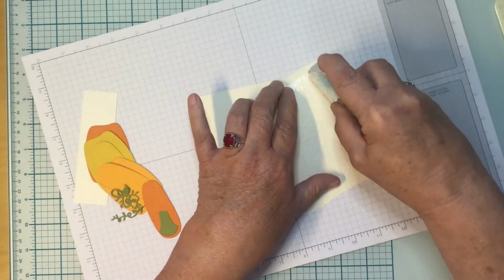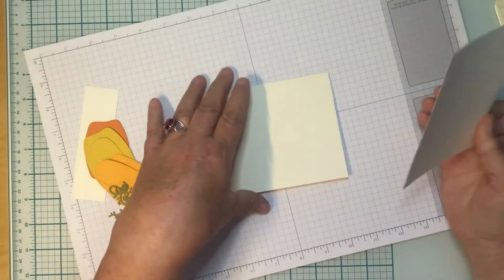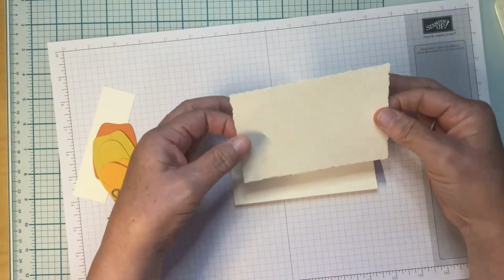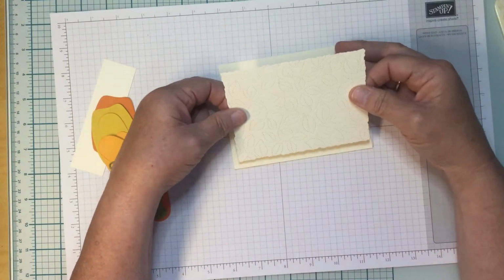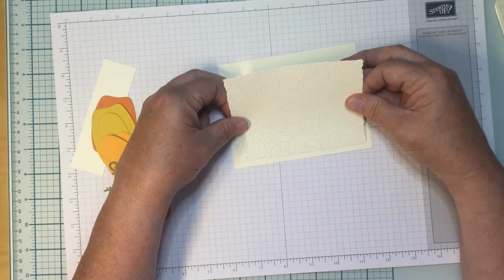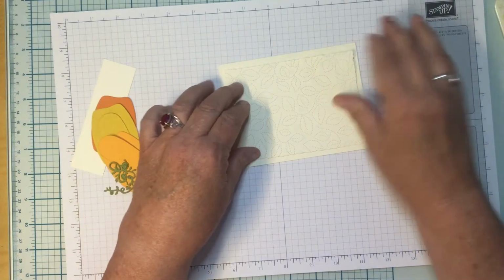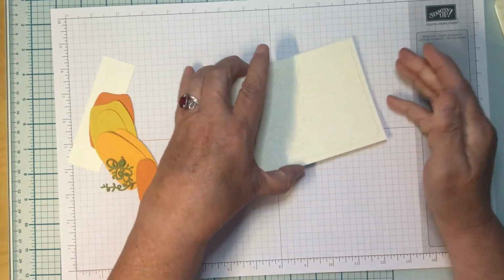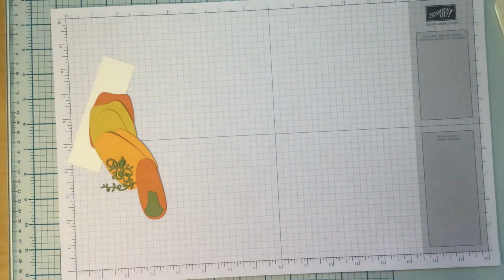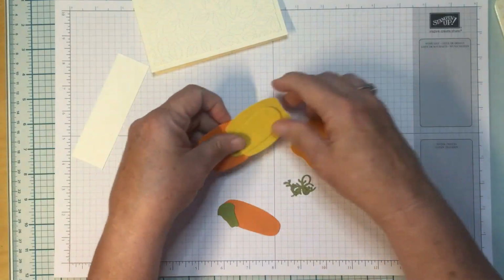Yeah, it's hard to see that it's on there, but it is. Okay, and then when I'm placing my pieces, I have a tendency to hold it like this and lay down just the corners and get all three sides to where they look pretty much the same, and then I can lay it in place. I just seem to have really good luck with that. So there's that. Now, building our little pumpkins